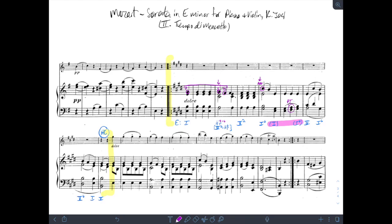But I don't know that those are nearly as consequential as some of the others we have here, but they should be labeled, of course. And so now by the time I get to the next bar, I've arrived at this 4 chord, right? And what I have here is another passing tone in the D sharp, and it's a passing tone, I'm thinking,